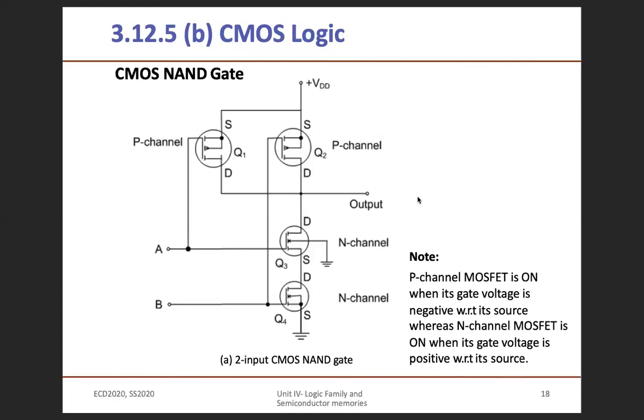That is the output. So this is the note which I explained. P channel MOSFET is on when gate voltage is negative with respect to its source. As I said, this P channel will turn on only if you give 0 at the gate. Earlier I said base, because I was remembering BJT, but this is MOSFET. So instead of base, we call this one the gate. When you give gate equal to 0, this will turn on. In case of NMOS, when you give high to the gate, it will turn on. So that is the difference.